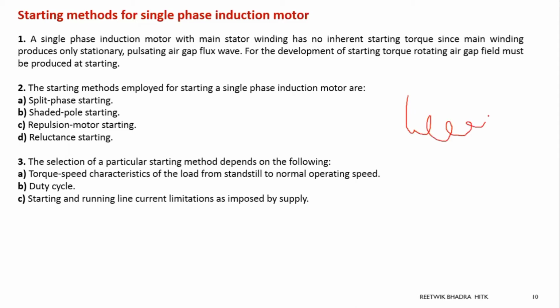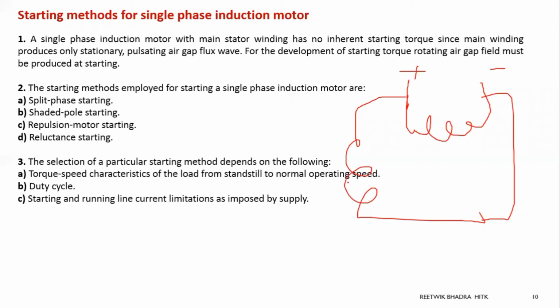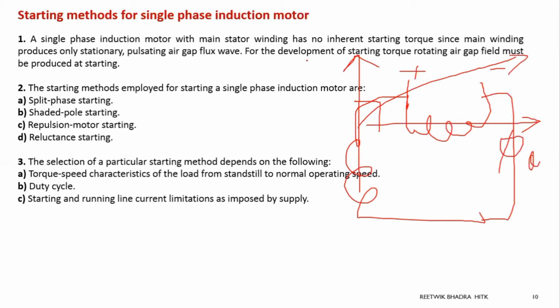So what we will do is create a rotating field. How will we create a rotating field? Instead of using a single phase supply, we'll tap this winding and give it another supply, such that this field is produced in this direction, and the two fields will be 90 degrees to each other. Suppose this is for some A coil and this is for some B coil. So obviously there will be a resultant, and it will have a rotating angle, maybe clockwise or anti-clockwise.